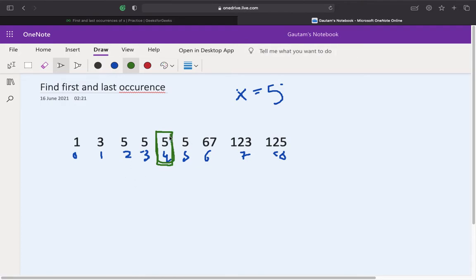So now at mid we have found the target element, right? And now we'll check if the element at the immediate left of the mid is equal to the target element or not.